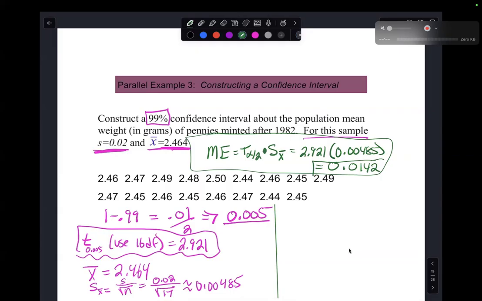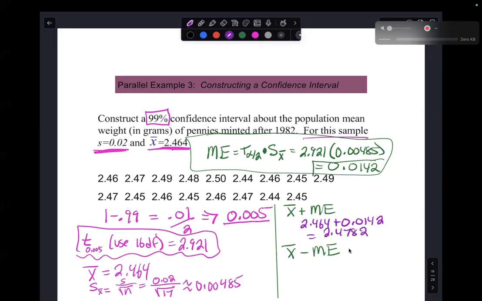Just as we did with our proportions, we're going to use X bar plus the margin of error, and I'm going to do X bar minus the margin of error. This is going to get the boundaries of my confidence intervals. So it'll look like this. My X bar is 2.464 plus 0.0142 equals